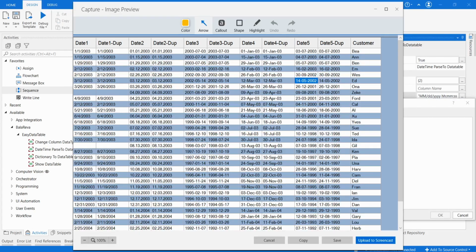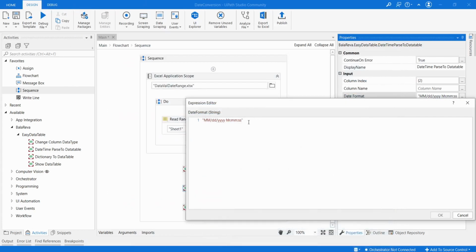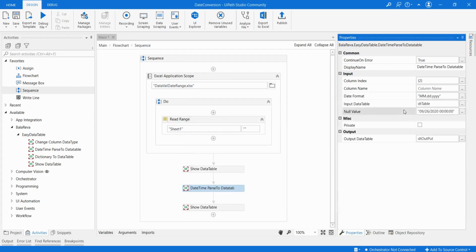It is month dot date dot year. Okay, I'm going to remove the null value. Okay, and that's all. Okay, we can see how the output goes.